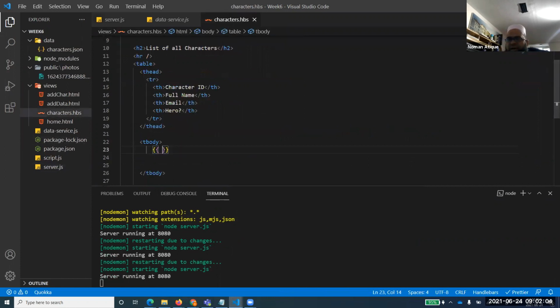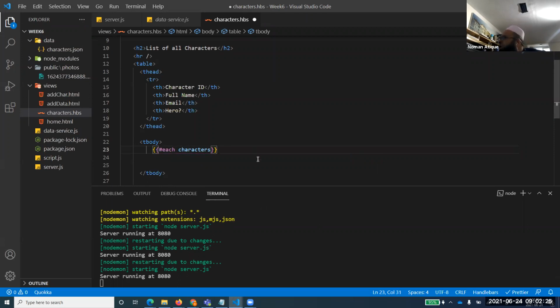So now come over here, and what you will do over here is talk about character. Now here characters will be recognized as the data which is coming from the hash. Now, one of the constructs you can find, there are lots of constructs, is each, hash each, and slash each.